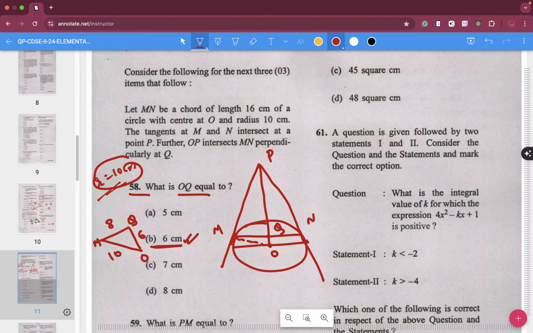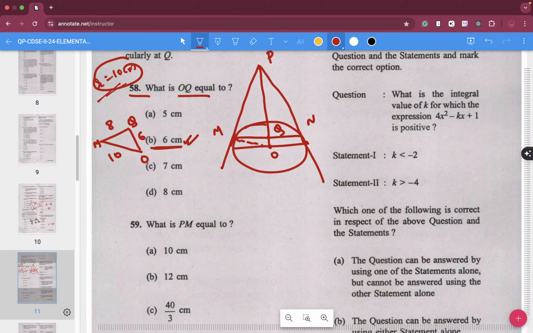Now they are asking what is the value of PM. To find out the value of PM, what we have to do is invoke the rule of similarity. So in that case, triangle with Q at 90 degree, O is common, and M is similar to